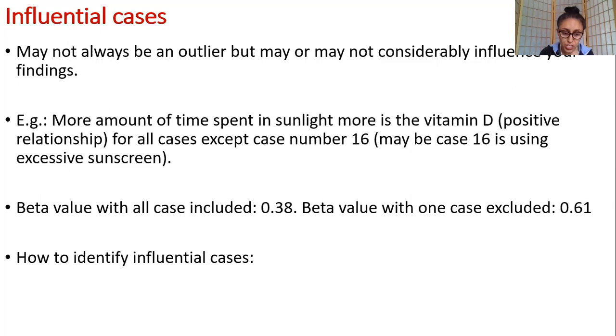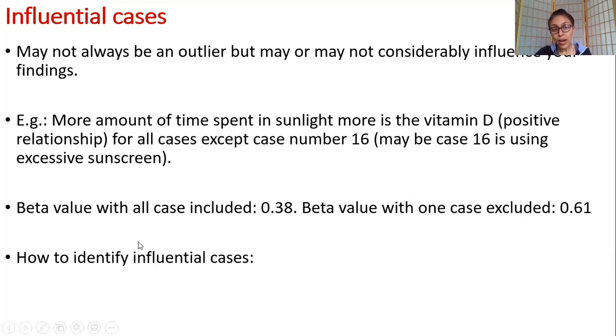But is the direction of the relationship, which is inverse, more sunlight, less blood vitamin D, applicable to all of the rest of the population? And is it right to then tell all of the rest of the population, oh, stop applying sunscreen because if you are applying sunscreen, your blood vitamin D levels are low? No, that would be an absolutely horrific health promotion message, which you should not do. This is the essence of deriving logical health promotion messages by looking at the overall wider trend which you're seeing in your data analysis, and therefore supporting evidence-based best practices. Okay, so I hope this makes sense.